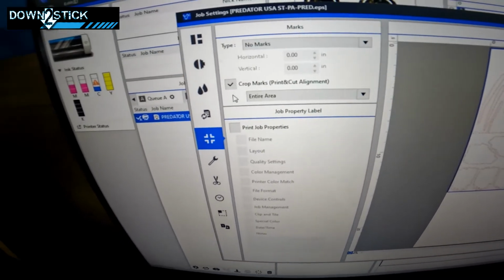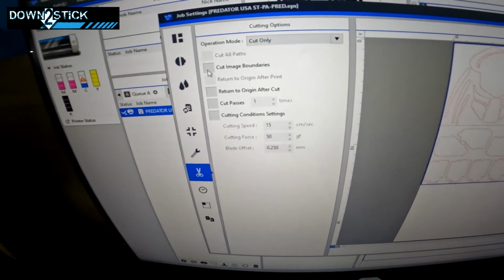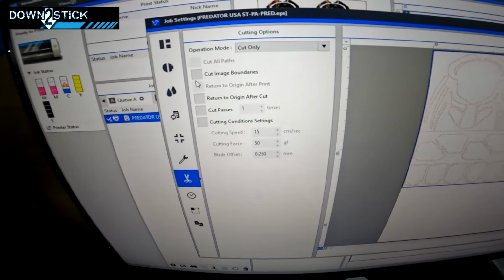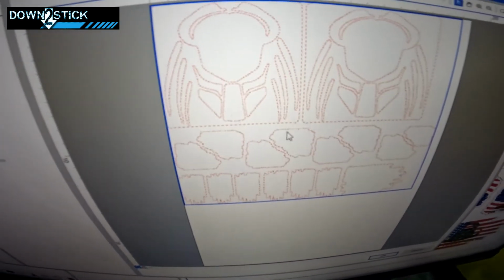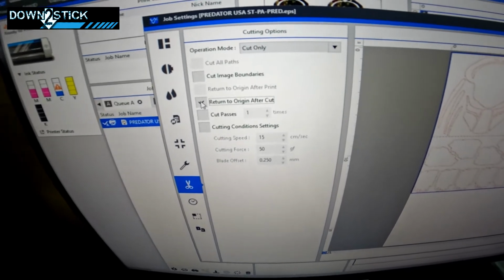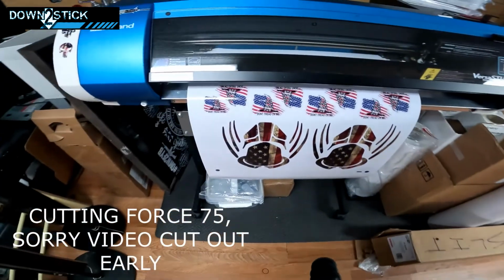Make sure you got your crop mark selected. Up here, cut only. Don't really need to cut image boundaries because it takes up the whole sheet. If you do a job where it's only like maybe half, then you might want to do that. Return to origin after cut. Cut passes. Okay, now over here on cutting force,